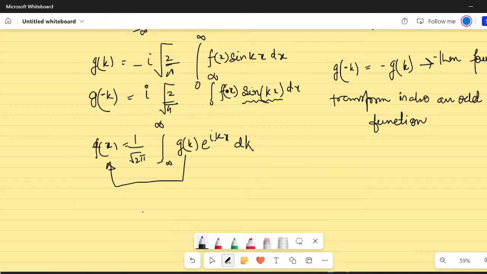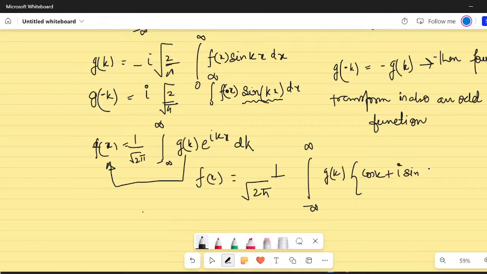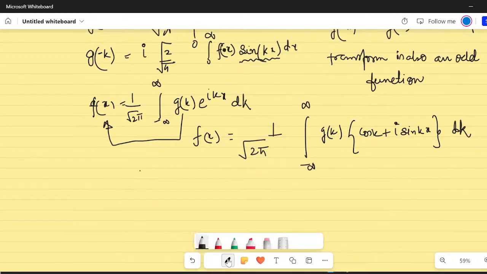Or I know that this thing I can expand as 1 upon root 2 pi, minus infinity to plus infinity, g of k, and then e to the power iota kx I will write as cos kx plus iota sine kx, and this dk. I hope it is clear. Now you see this is your f of x, right? Now since this is your f of x,